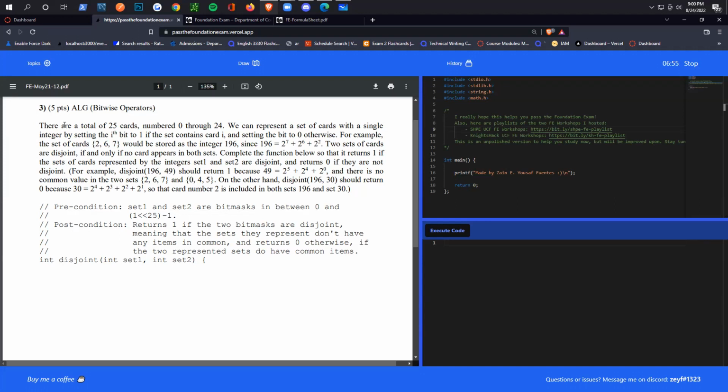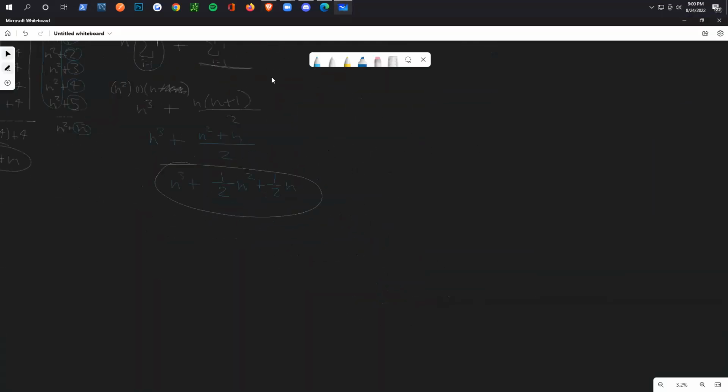Okay. The sets of cards are disjoint if and only if no card appears in both sets. Complete the function below so that it returns 1 if they are disjoint. Okay, so let's think about what disjoint means. It's pretty much saying, again, I said this before, but for those that have taken discrete, this will make sense. But you don't need discrete. Let's say you have a